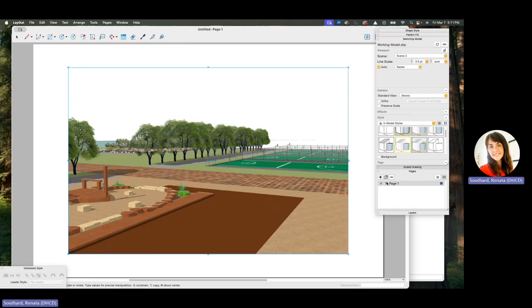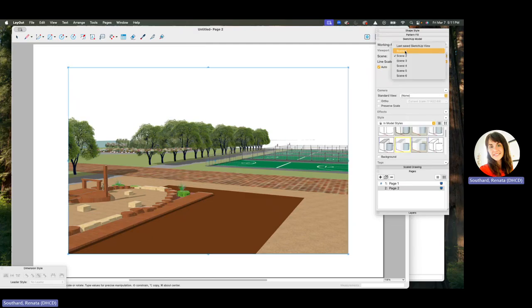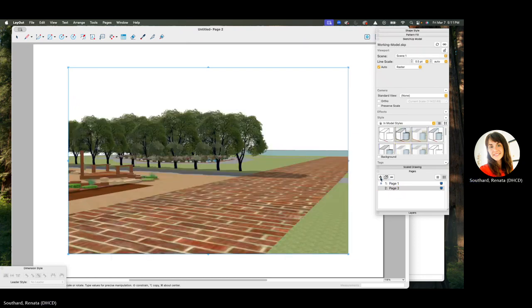So I've got this one. I want another one, so I'm just going to copy this page. You can either add a page, subtract a page, or copy it. The copy is in the middle with just the plus button. And so I want my two scenes, and then I'm going to add a page,